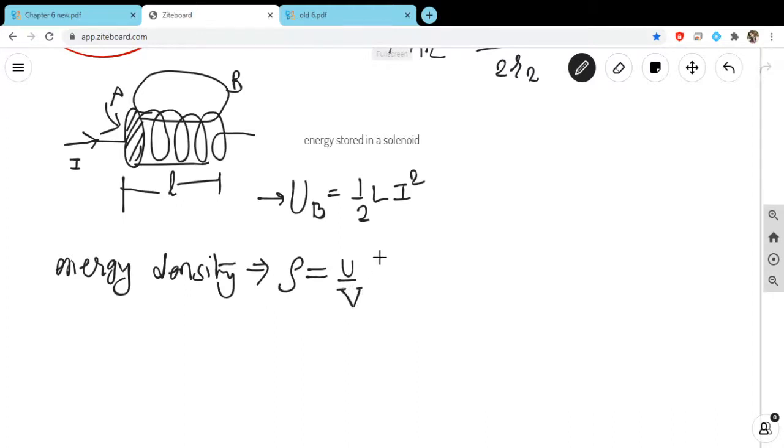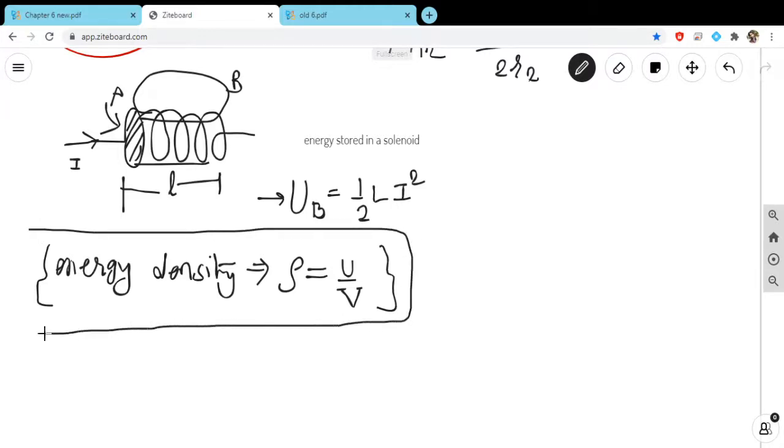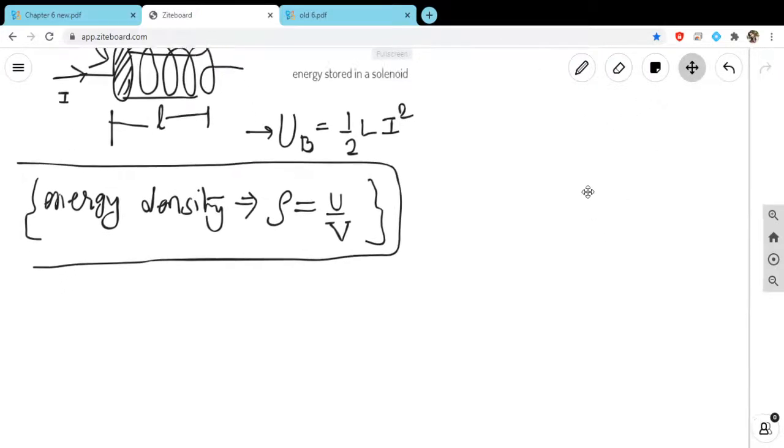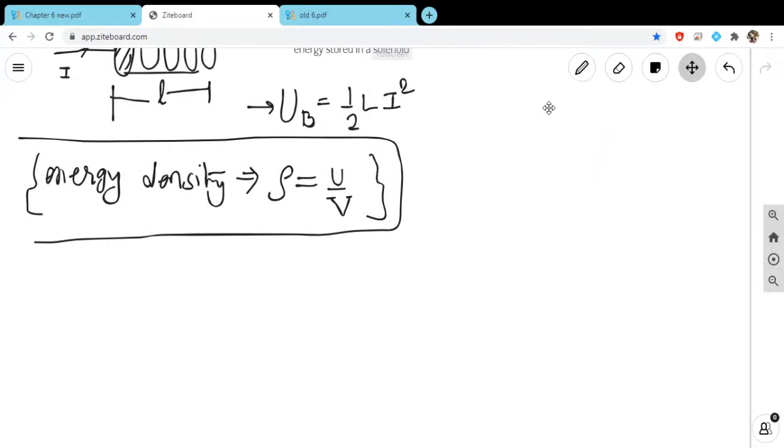Okay, so that we have discussed so far in the second chapter. But just forget this part. In our case, we can write that the equation of energy UB is equal to half,